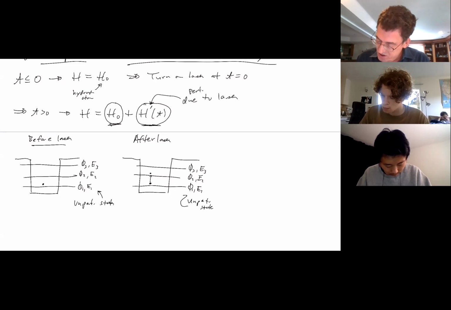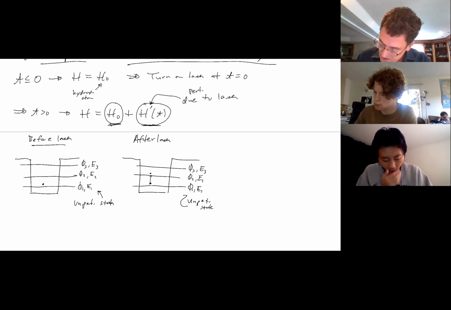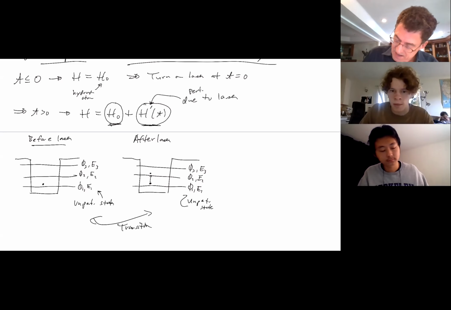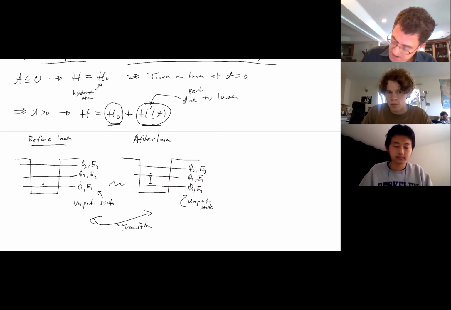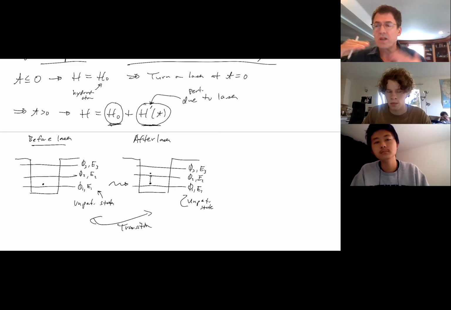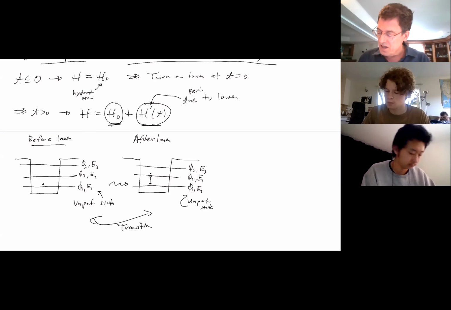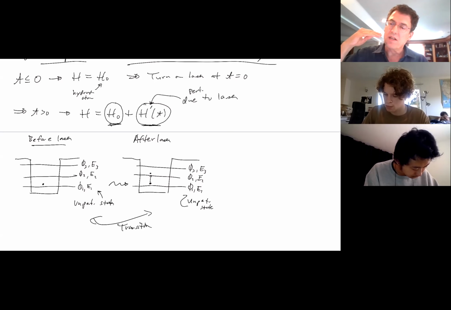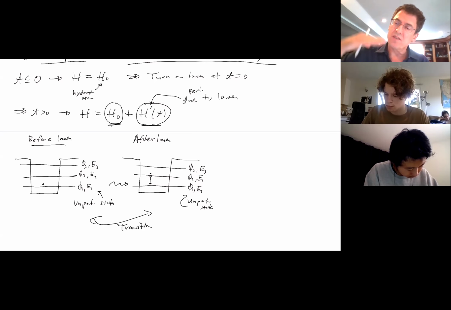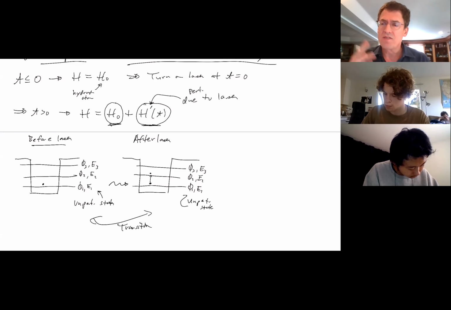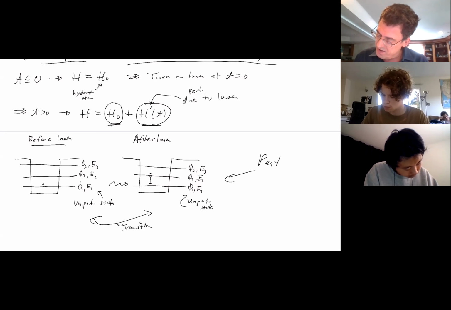So this is a transition, from here to here. You see how the light that hits the atom is causing a transition from one unperturbed state to the other. So to even consider that the electron is jumping from one state to the other, the states that we're talking about are the unperturbed states. But you have to understand that this picture is already using perturbation theory,